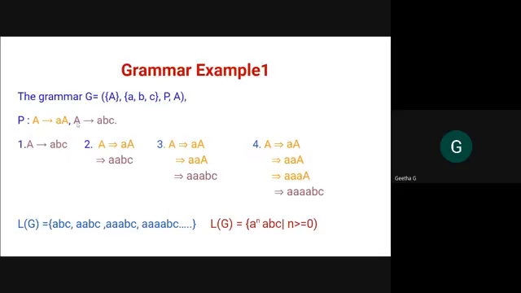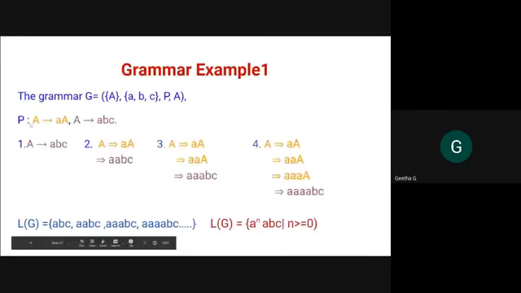I had given it in a different color, right? See here, this production A tends to abc. It means that I generated the string abc. The arrow has to be derived, sorry, I copy pasted wrongly. So it derives abc. The first string using that grammar I had derived is abc, right? That was the first string.